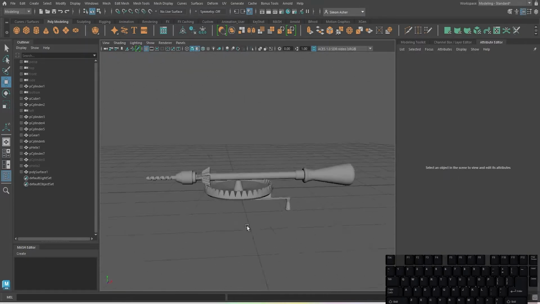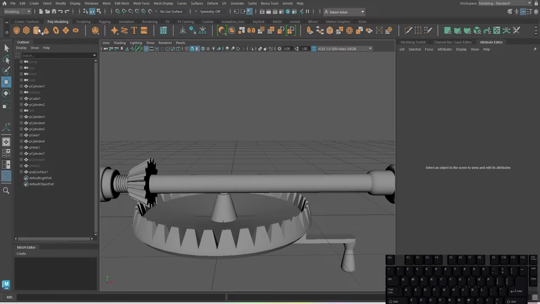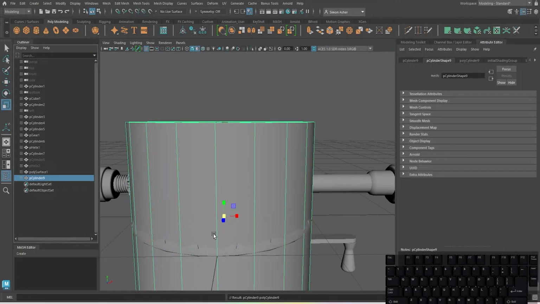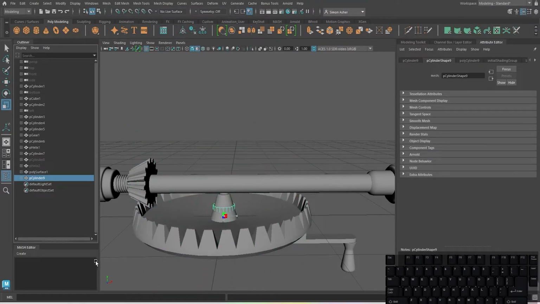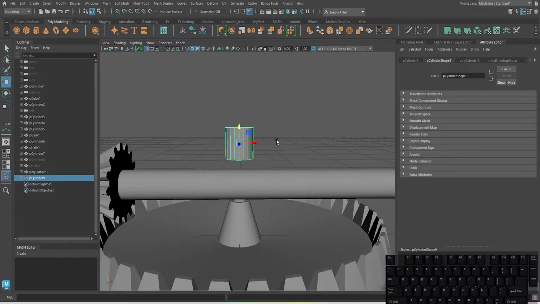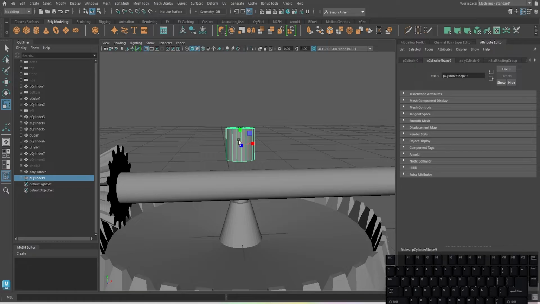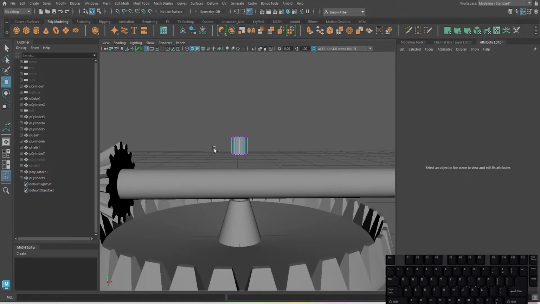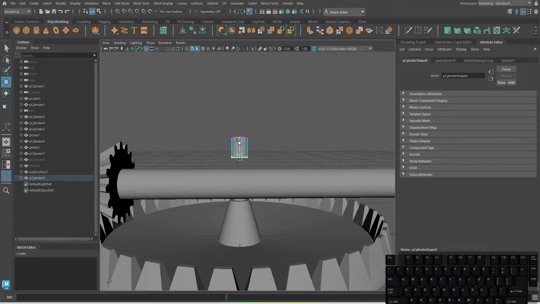So what we'll do, we need to have a pin, so we're going to go cylinder, R to scale, let's bring that down there, and then we'll bring that edge to about there,